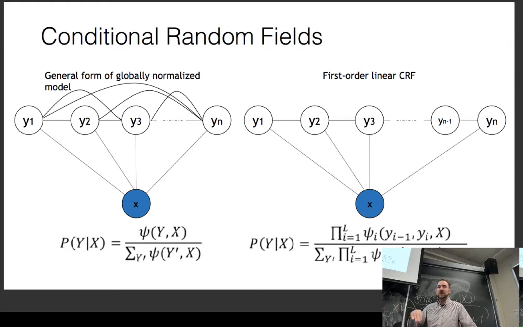That's something I have seen, but I haven't seen stuff with skip connections. Another thing is, does it have to be a linear chain, or can you use like a dependency parse to choose which label you want to condition on?